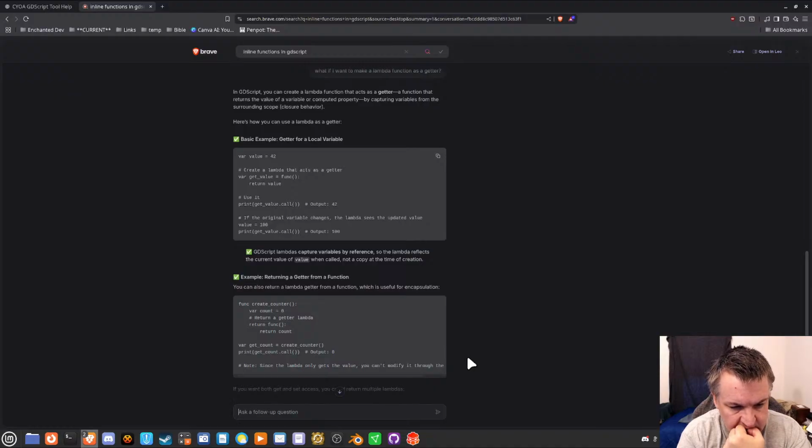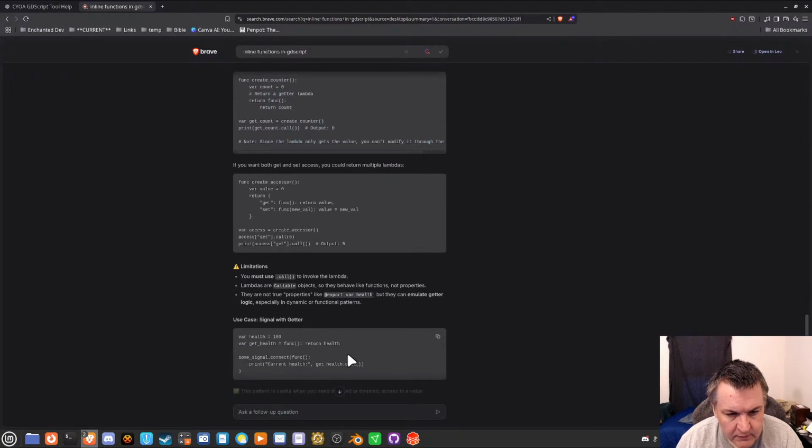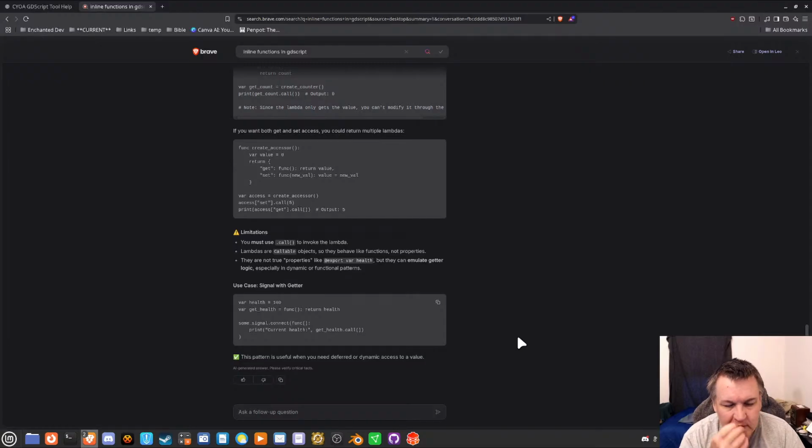Hmm. Okay. I'm trying to see if I can't. Hmm. Not exactly what I meant. I can make a variable a property, making it either a setter or a getter. Like so,